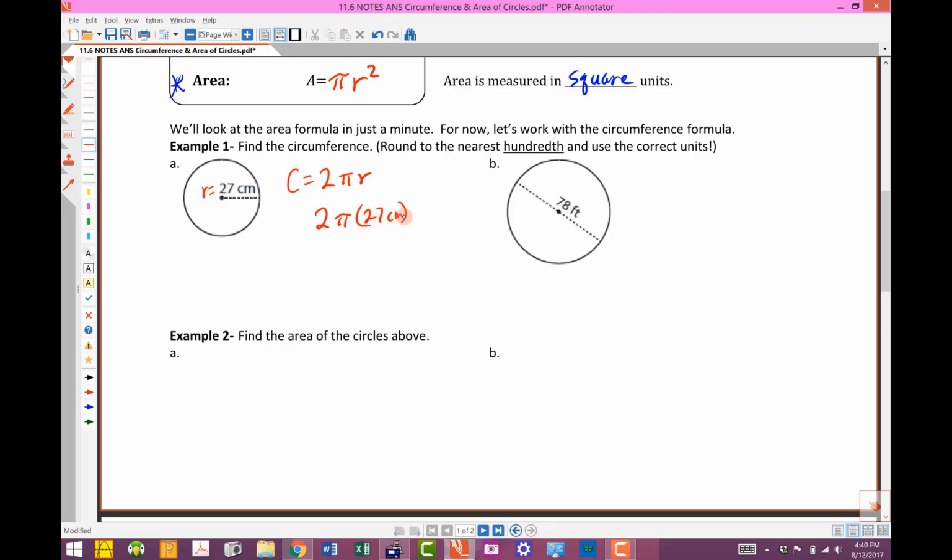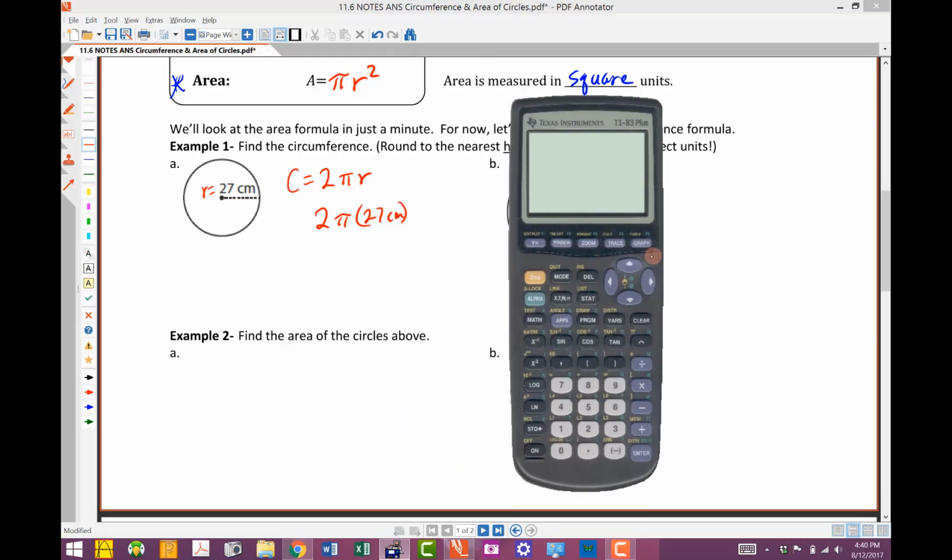So I'm going to go ahead and pull up the calculator. You can use your calculator on this. The pi button on my calculator is right there. So here's what I'm going to do. I'm going to clear this off, and I'm going to type in 2 second pi. That brings it up right there, and then I'm going to multiply that by 27. Now, if you want to put multiplication in between each one of those, remember the calculator knows what implied multiplication is, so it's all set to go. So here we go,